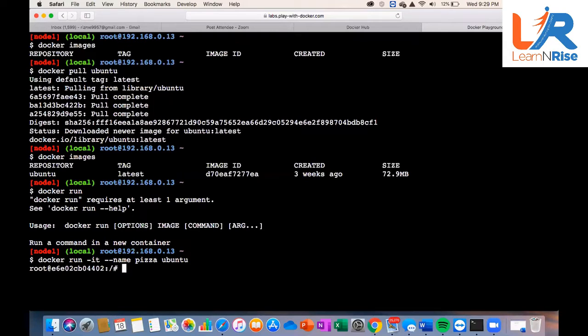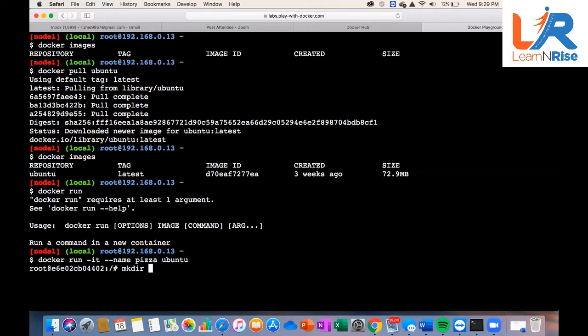Right. So now your container is created and you are inside the container. You are inside that Linux container. So whatever command you want to run, you can run. For example, I want to create a directory. So you can type the command mkdir, a space and any name.